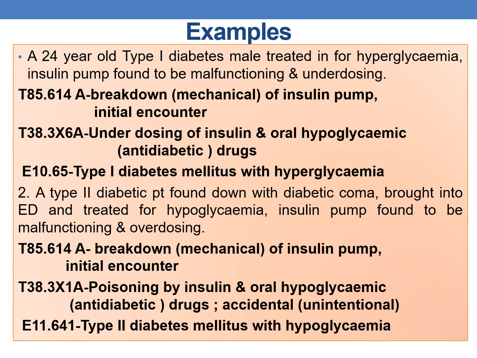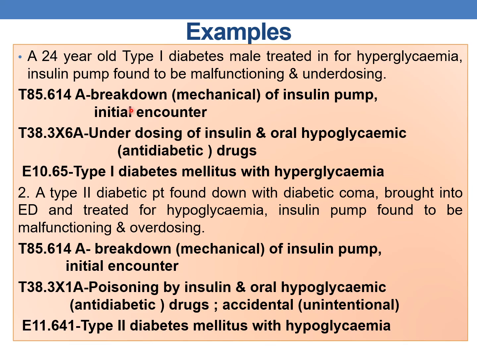Now let us see an example. A 24-year-old type 1 diabetic male is treated for hyperglycemia. Insulin pump found to be malfunctioning and underdosing. Here the patient is suffering from hyperglycemia and has type 1 diabetes mellitus. Hyperglycemia occurred due to insulin pump underdosing. So the first PDX should be